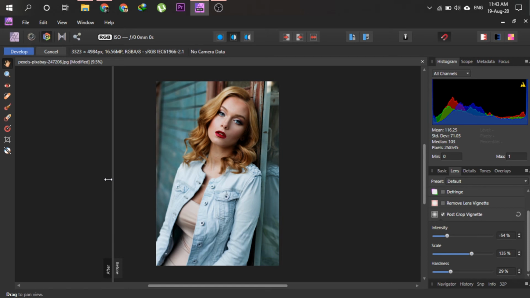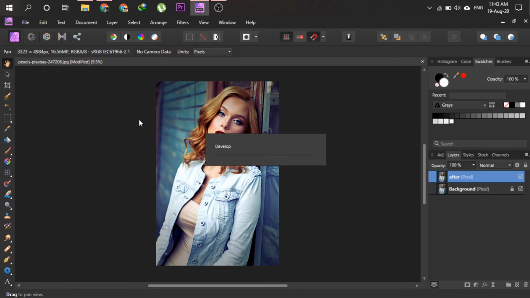After you are done with this, you can simply click on Develop. Now what you can do in Photo persona mode is add a little bit of lighting over here and stuff like that. Wait a second for Affinity to develop the image that we created in Develop persona mode. So we are waiting. Sometimes Affinity Photo takes a lot of time because some images are bigger in size. Okay, Affinity already edited this model.